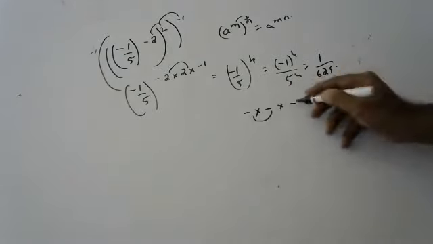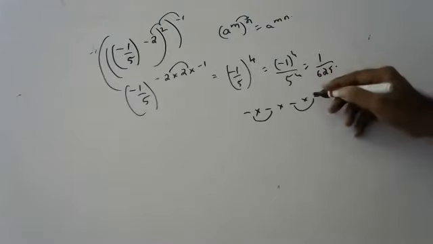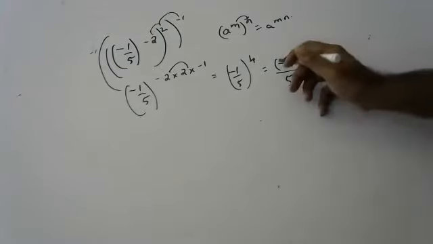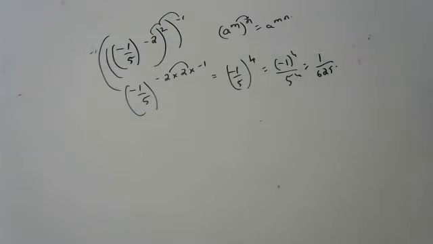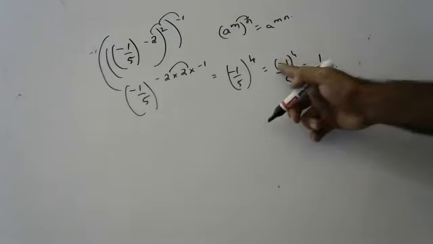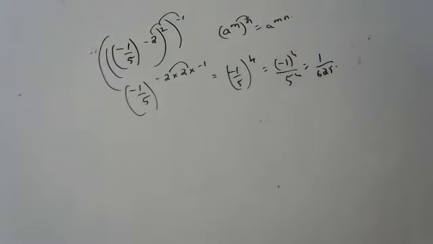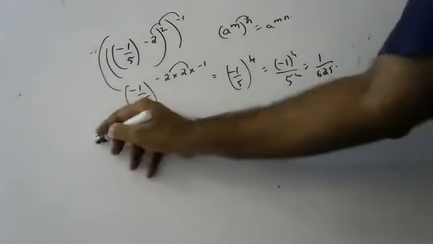So minus into minus is plus, minus into minus is plus. So minus 4 times will become plus, children. If it is 3 times, minus. So minus to the power of even is positive, minus to the power of odd is negative. Okay, children? If negative has even, it will become positive. If negative has odd, it will be negative. Next one, please check, children, all of you.